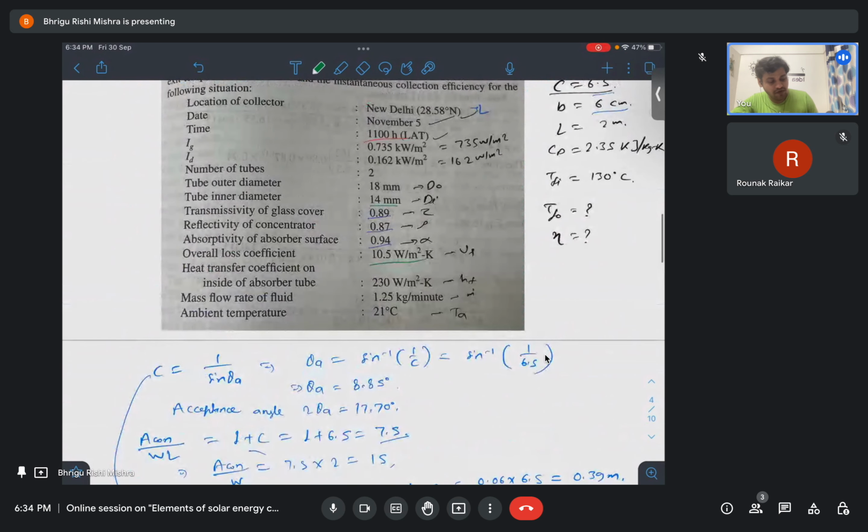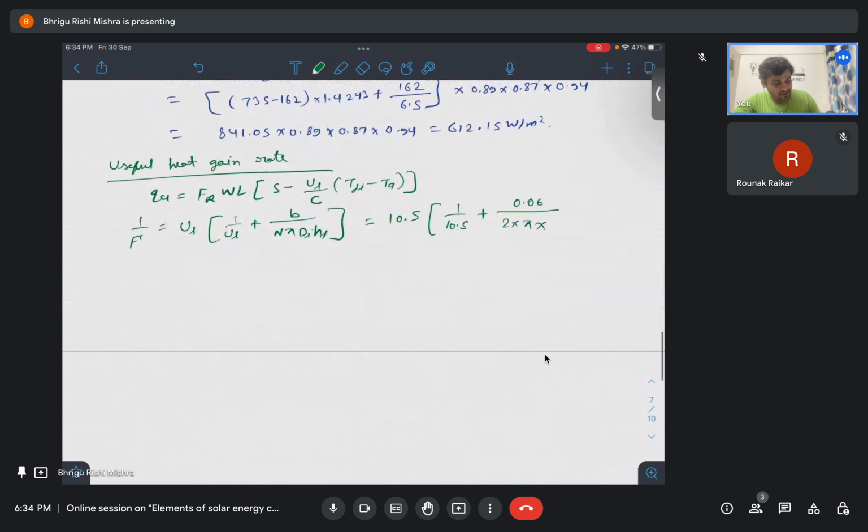Okay, so converting it into meter, it will be 0.014, and HF is given as 230. So if you solve this, you will get 1 by F dash equals 1.0311,